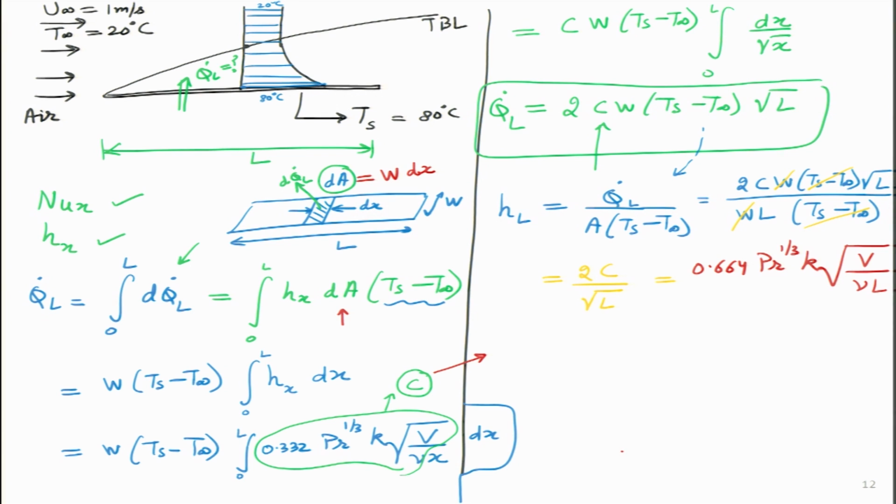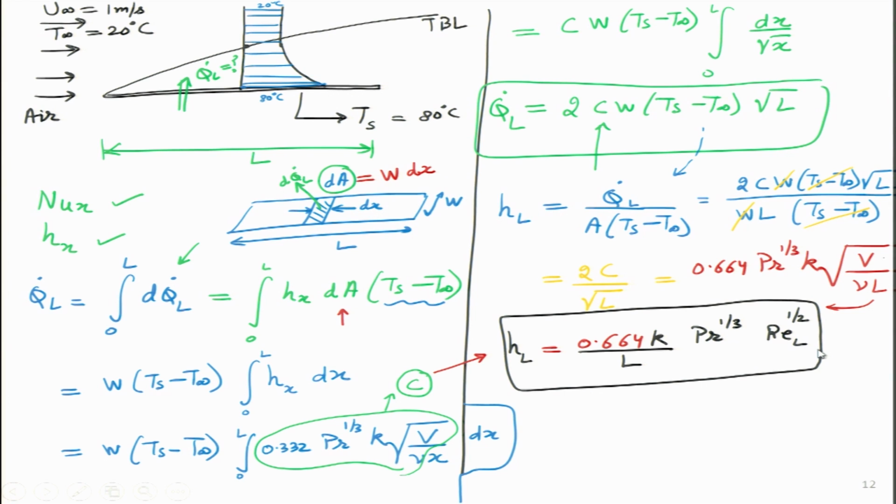Is it correct, or am I making some mistake? I think it is correct. Now, what I can do is pull L outside this particular bracket. So, what I want to write is in this form: 0.664, I will use black color, then I will pull K divided by L into Prandtl to the power 1 by 3. If I pull L outside from here, whatever remains inside is V into capital L divided by nu, which is simply the Reynolds number to the power half, because we have a square root sign here, and this is my final solution for the value of HL.